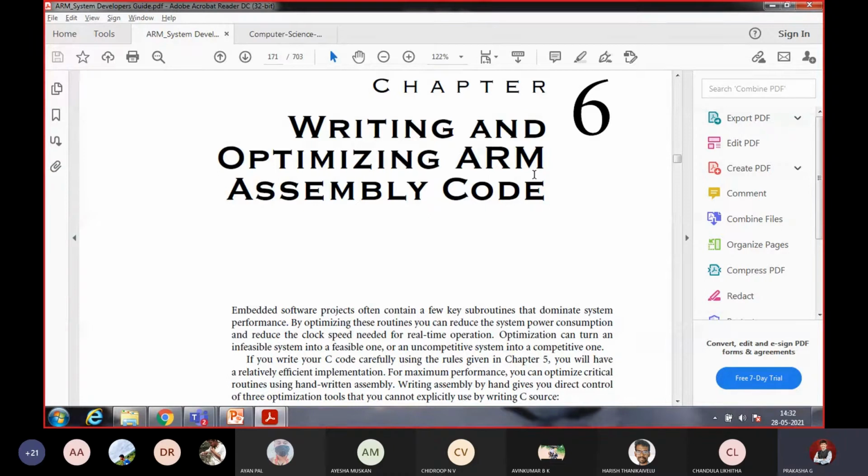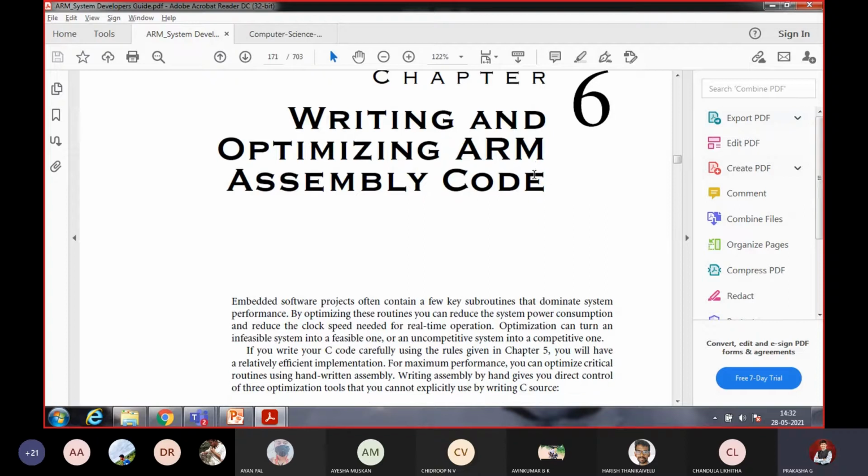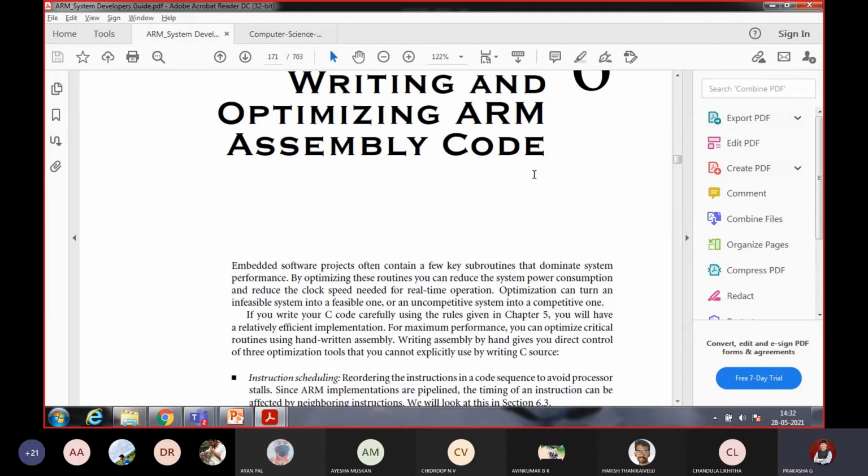How well I can write the program, how many cycles it can take at minimum, how much time it's going to take, all those things we have to look into. Embedded system software projects often contain a few key subroutines. Definitely, any embedded system will have key subroutines. Take a simple digital weighing machine, which you may find in a grocery shop or even a vegetable shop.